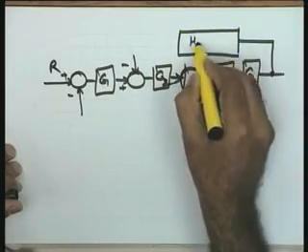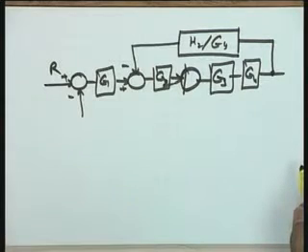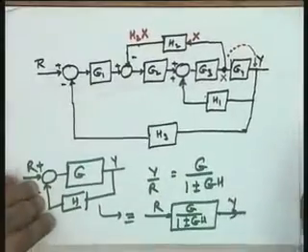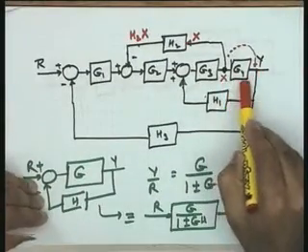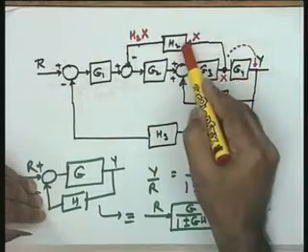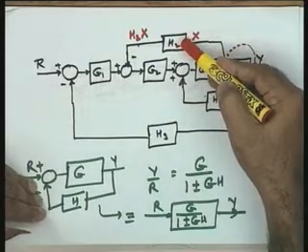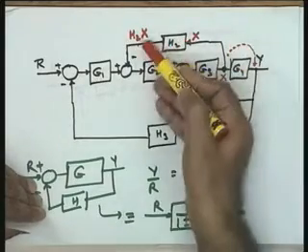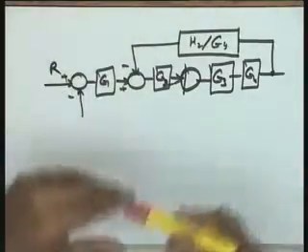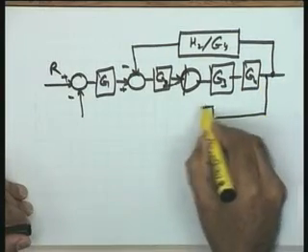I am putting here as H2 by G4 and I claim that the output signal will continue to be the same, H2 by G. Just see, this particular signal is Y. So, Y is equal to x into G4. Now, to this particular block you are feeding Y, x into G4 multiplied by H2 by G4 will give you the same as H2 into x. So, if I transform my original block diagram into this form, then the answer remains the same,